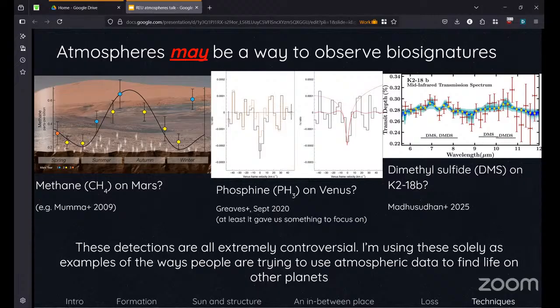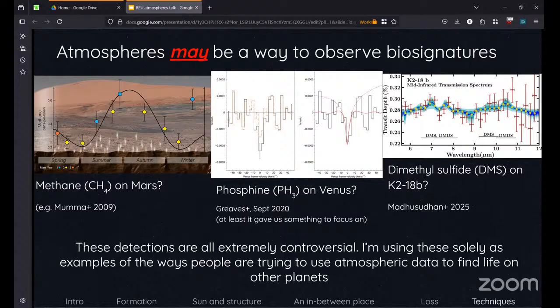So very controversial. There's also this issue of phosphine on Venus. This came out in September 2020, so at least we were entertained, while we were sitting in our houses alone. So phosphine is a gas that's used by life. I don't know a huge amount about it, but folks were suggesting that this indicated that maybe there's some kind of life existing in the Venus clouds, or even maybe lower down, and it's traveling up to the cloud region.